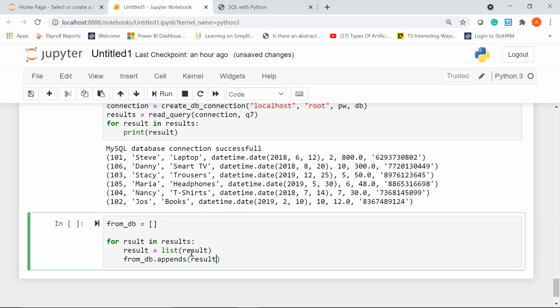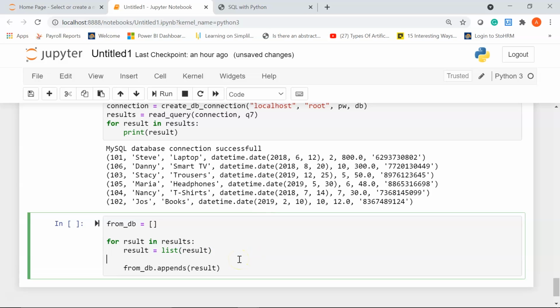I'll append the result to my empty list. Next we need to pass in the columns that will be part of our data frame. So I'll write columns equal to this column, I'll pass it within a list.